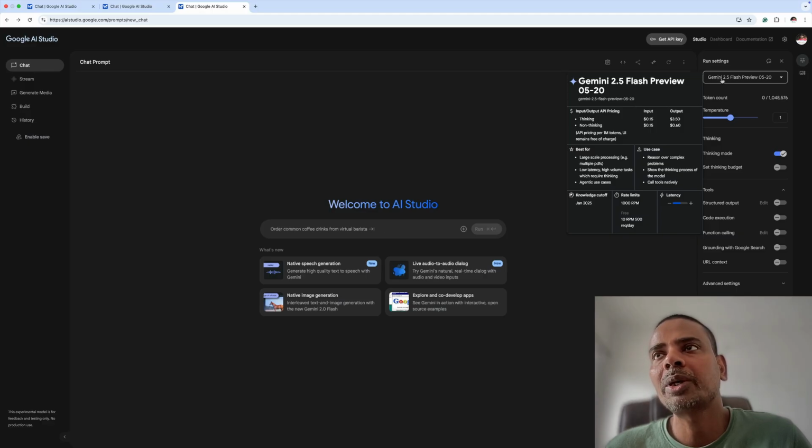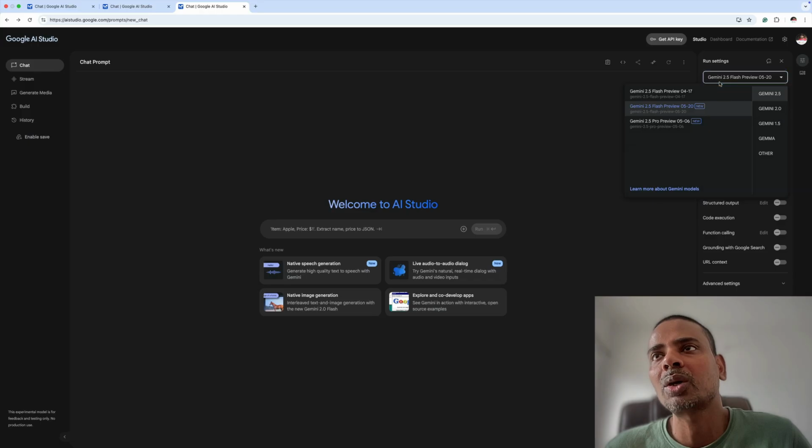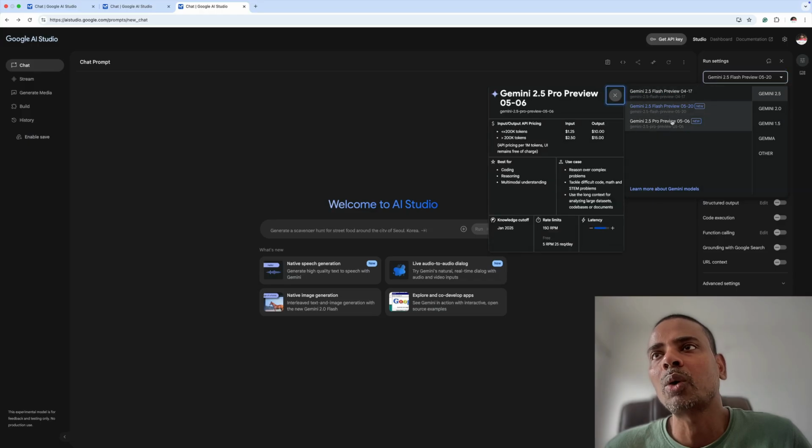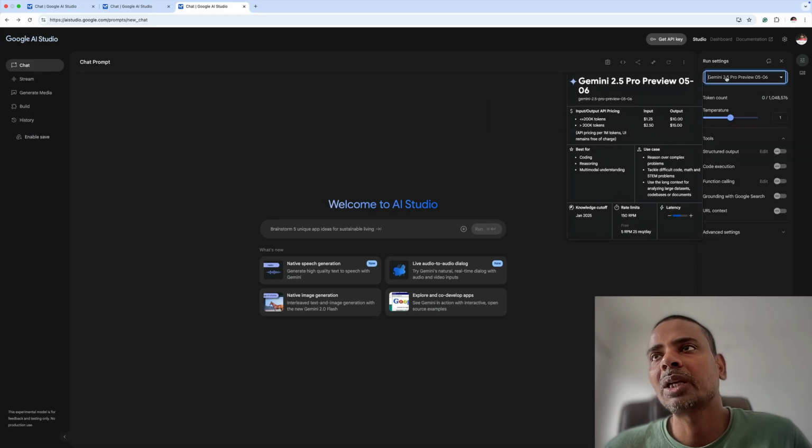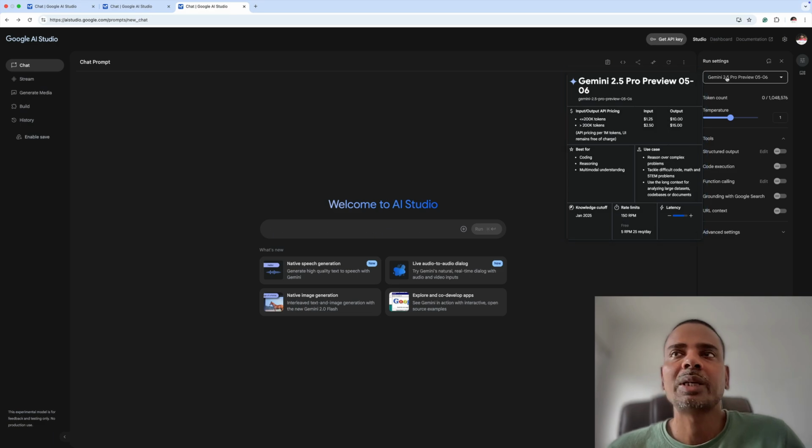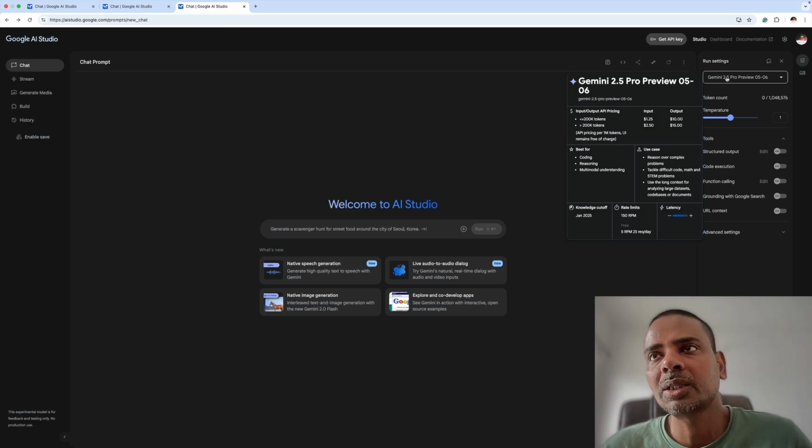Now we'll be talking about the other one, Pro. Let me select Pro here. For Gemini 2.5 Pro, what is the best use case? What is it best for, what is the use case, and what is the pricing? The input and output API pricing per token